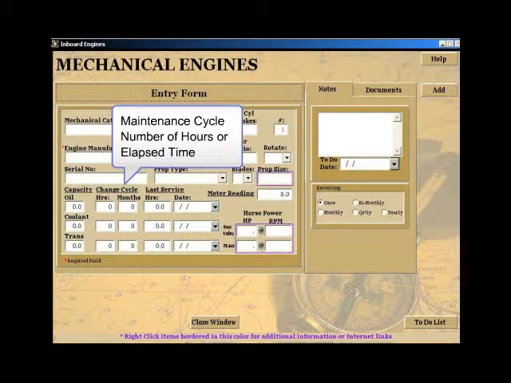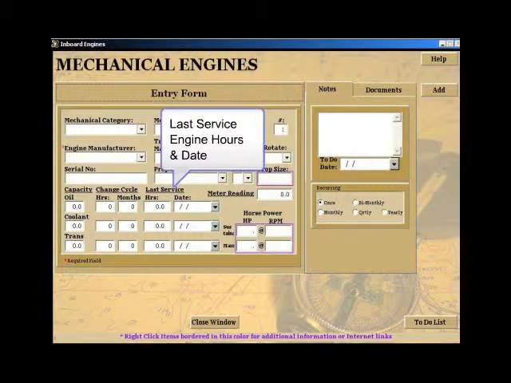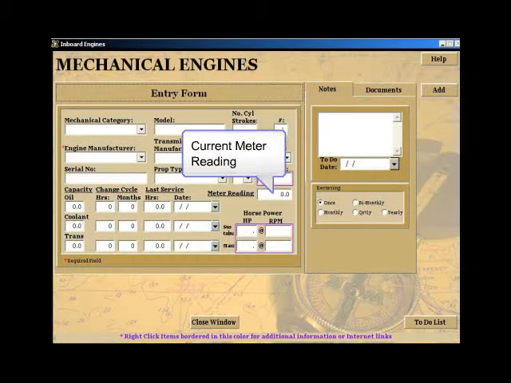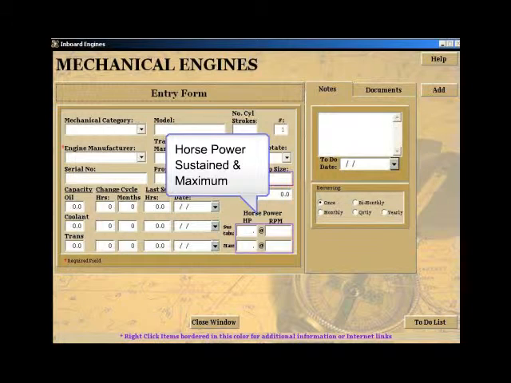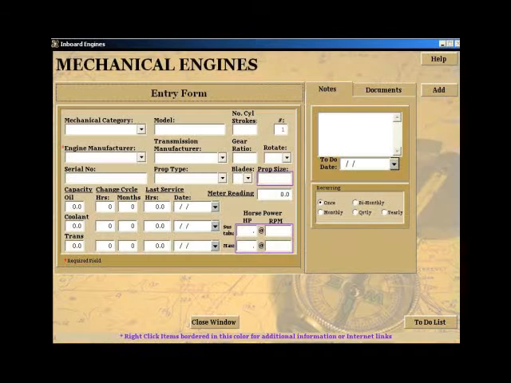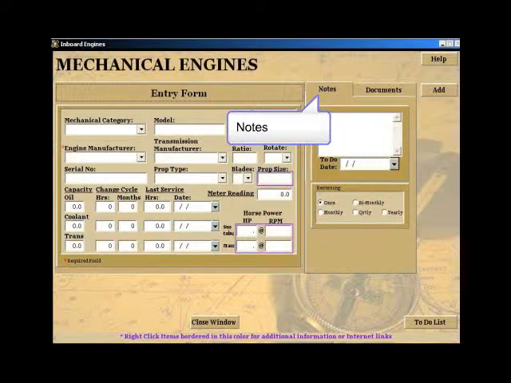The change cycle section lets you enter either engine hours or periods of time for the required maintenance. The last service section lets you enter the engine hours and the date the last service was performed. You can enter the engine meter readings here or on the home port page. The last set of fields are the horsepower ratings specified by the manufacturer, specified in either horsepower and RPM for sustained or maximum power. The right-hand side of the screen contains a box with two tabs, the Notes tab and